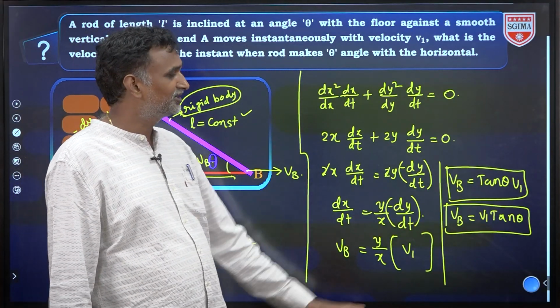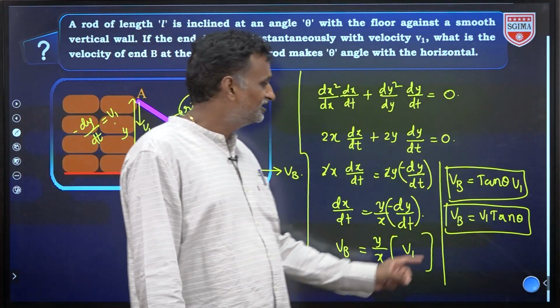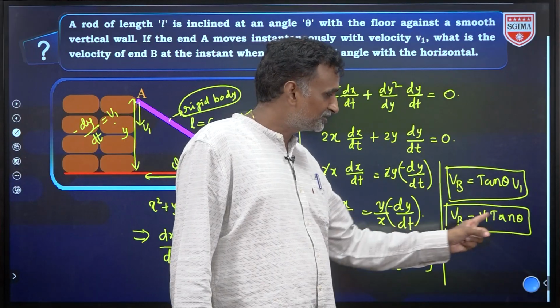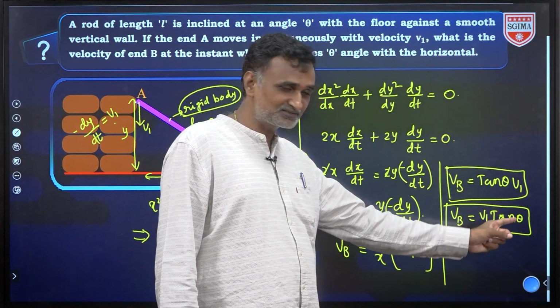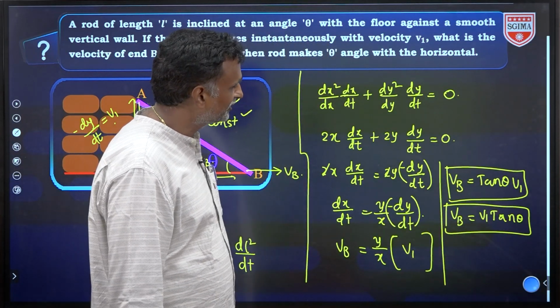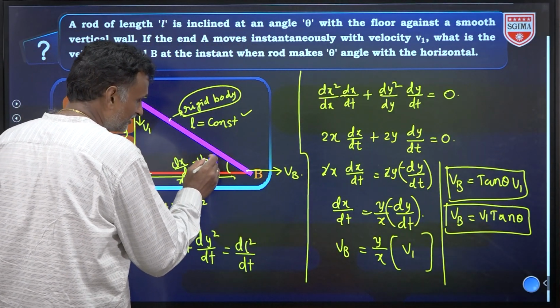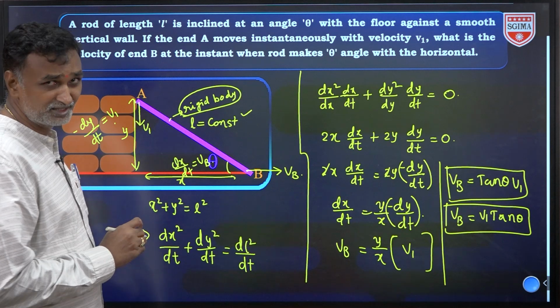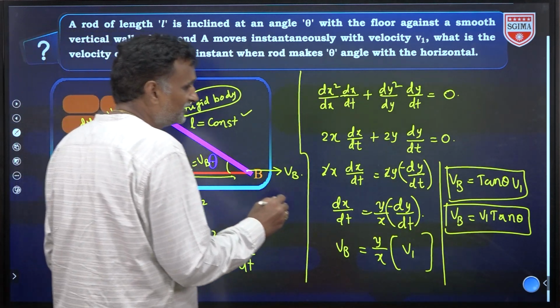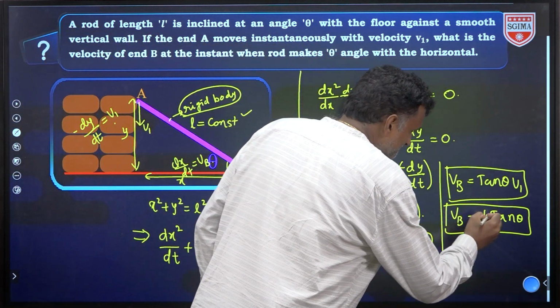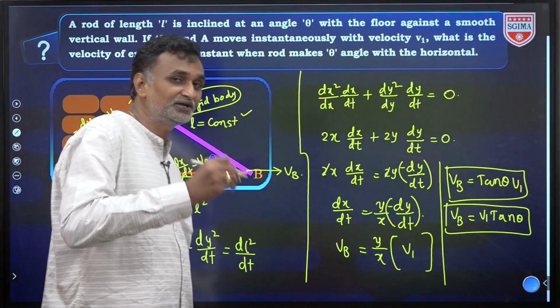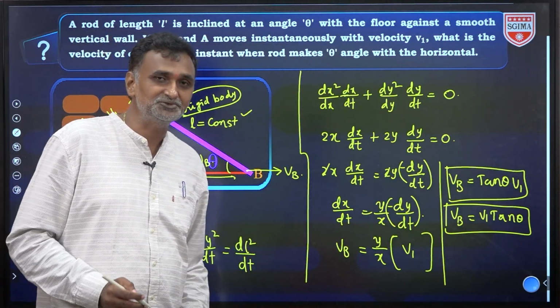So, this is the explanation and this is the relation between end A and end B velocity relation. Okay? And now, as long as theta remains constant, we can take the differentiation of this velocity with respect to time. Differentiation of velocity gives you